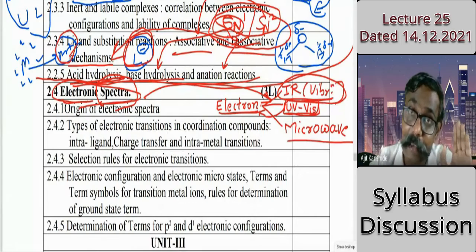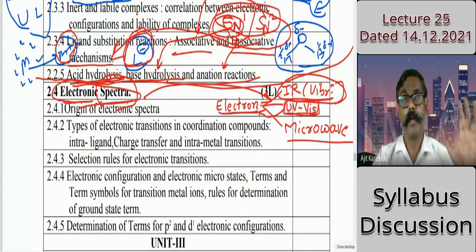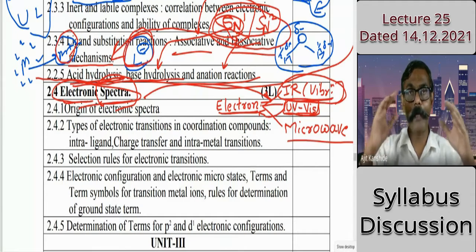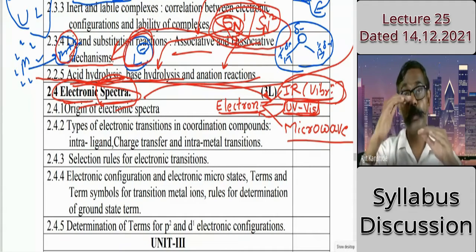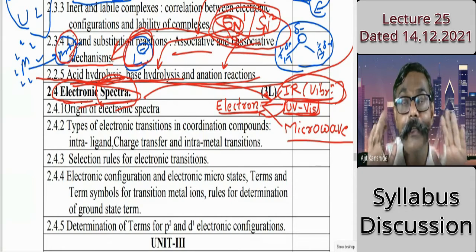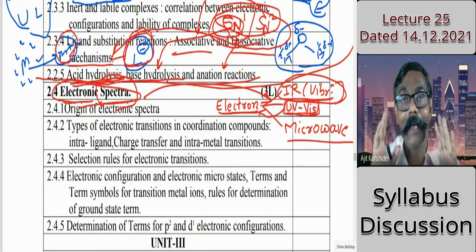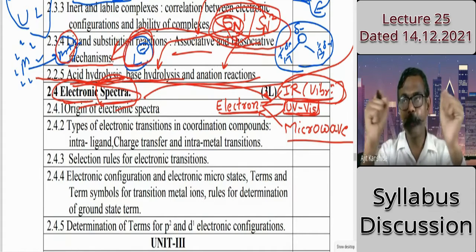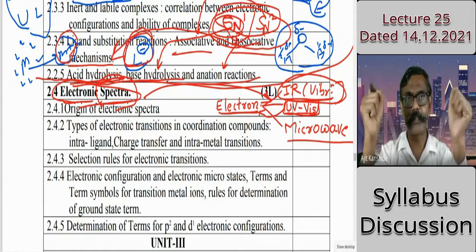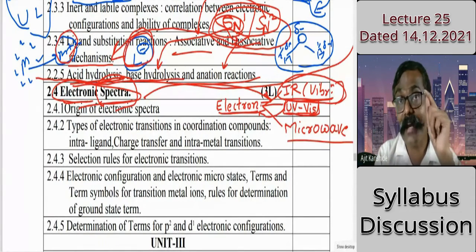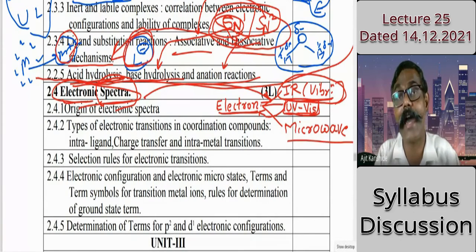These are less energetic than infrared. There are three types of energy levels in the molecule. One, electronic energy levels. To move an electron from one energy level to another, you need energy from the ultraviolet or visible region. So electronic spectra is called UV-visible spectra. To vibrate the molecule from one state to another, you need energy of the infrared region. So that is called IR spectra.